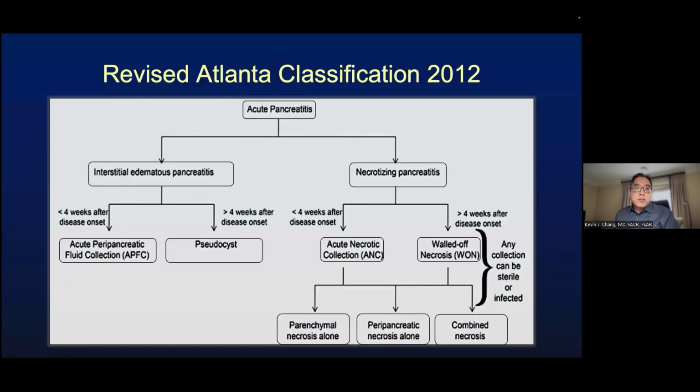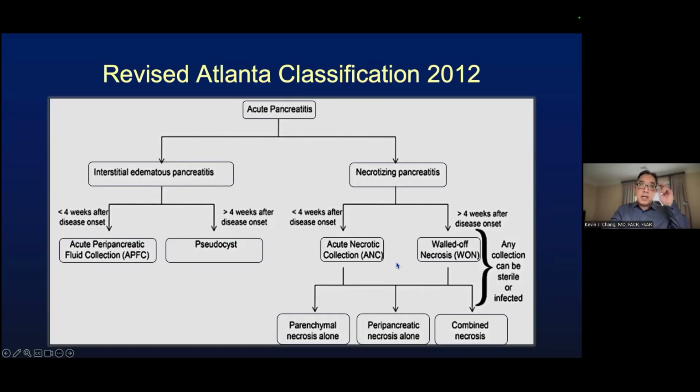So that brings us to the Atlanta classification system, the revised Atlanta classification for pancreatitis. So acute pancreatitis is divided up into two broad categories. There's the interstitial edematous, uncomplicated pancreatitis, or non-necrotizing pancreatitis, versus necrotizing pancreatitis. So that's the first distinction you make based off areas of non-enhancement. And then when you have fluid collections associated with the pancreas,